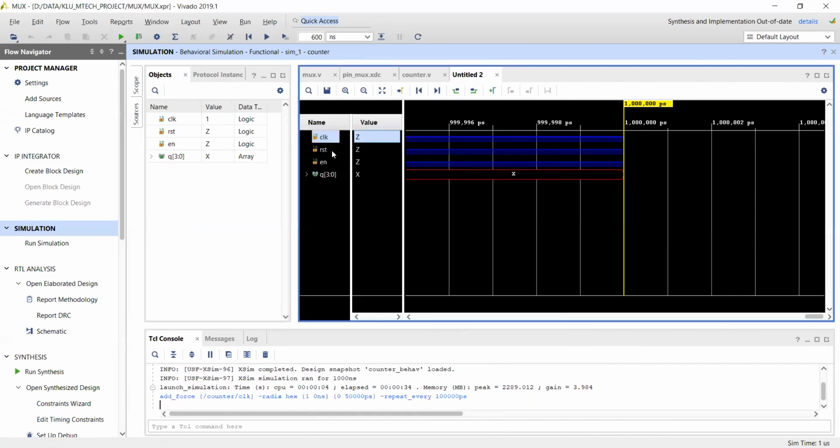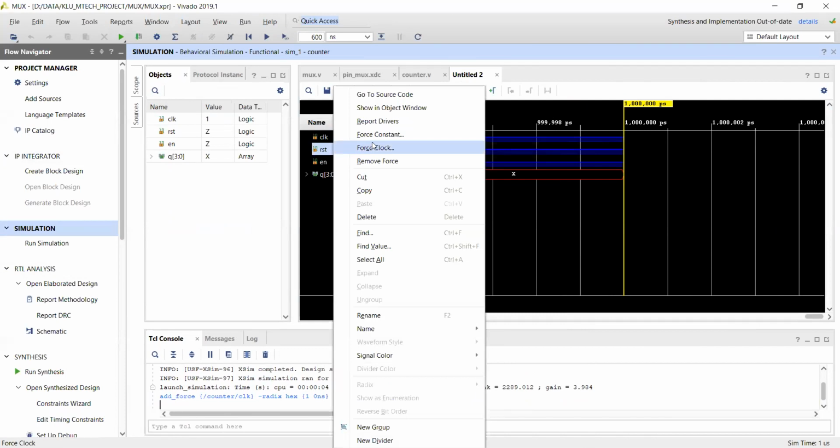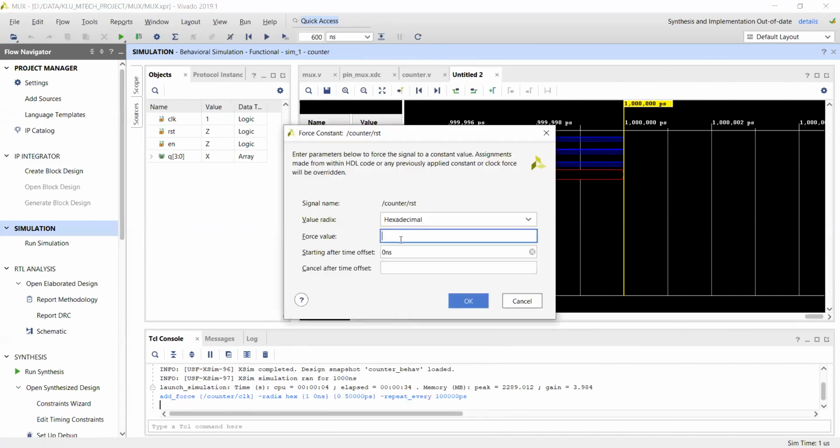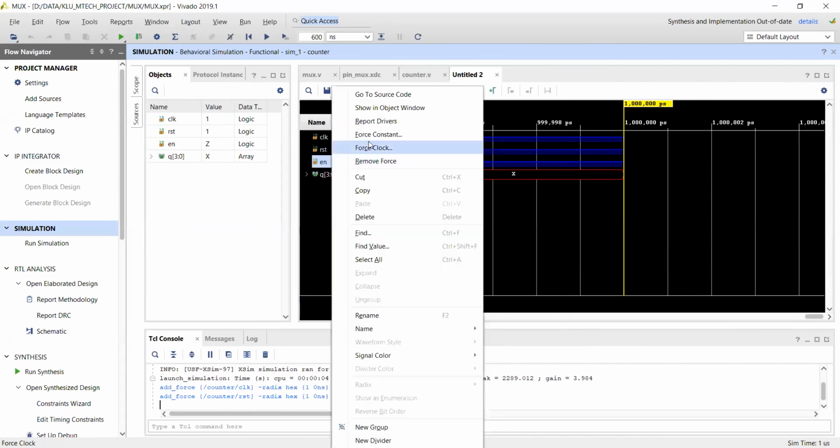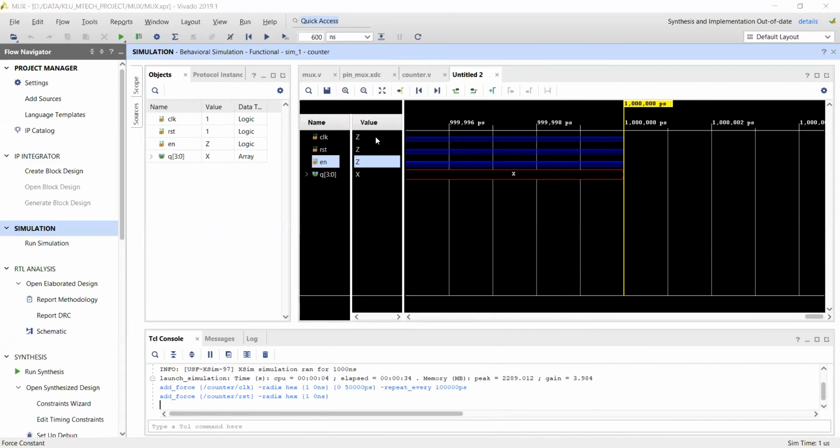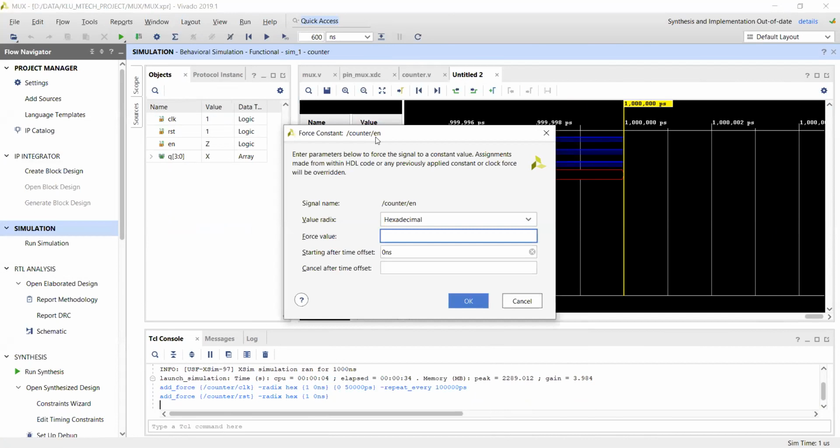And the reset initially, force constant 1. If it is 1, don't bother about the enable signal. Enable, I want to give 1 initially also.